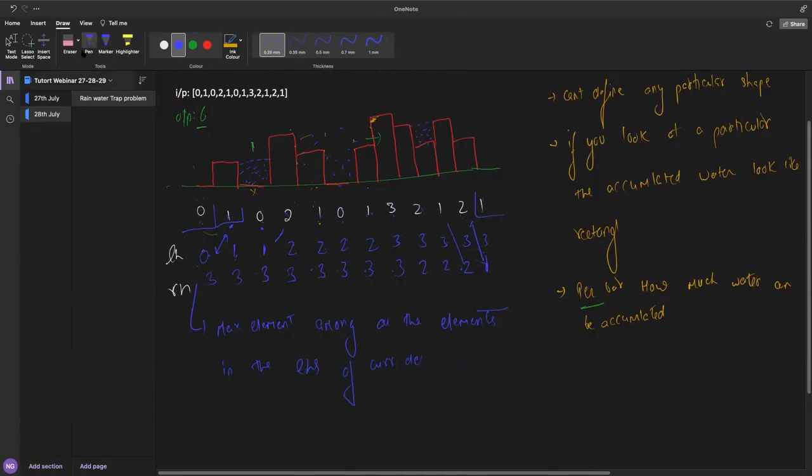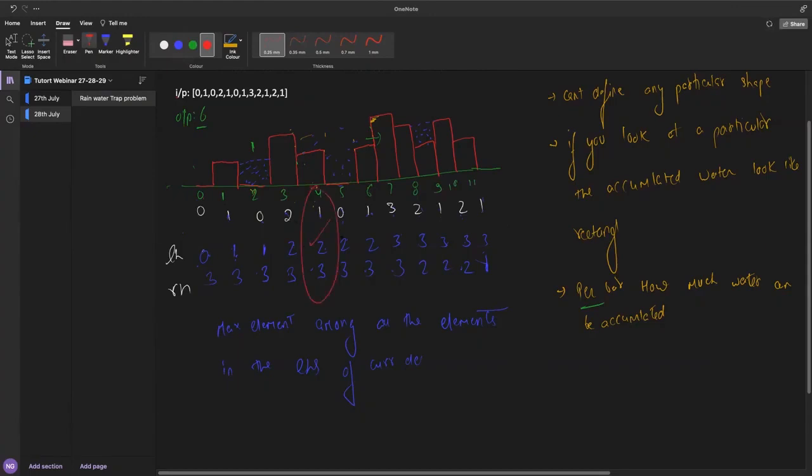Like this. Now if you look at any particular index, you will see that we have the greatest element on the left hand side and the greatest element on the right hand side for that particular index. If I put the indexes here, let's say these are the indexes 0, 1, 2, 3, 4, 5, 6, 7, 8, 9, 10 and 11. So what does a single index represent?